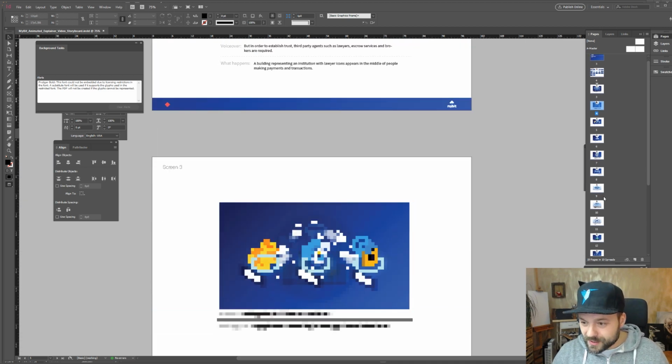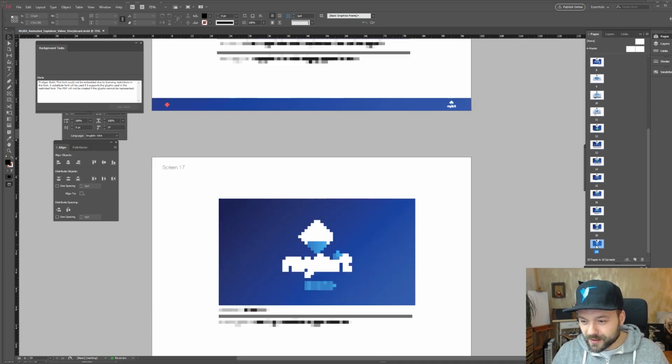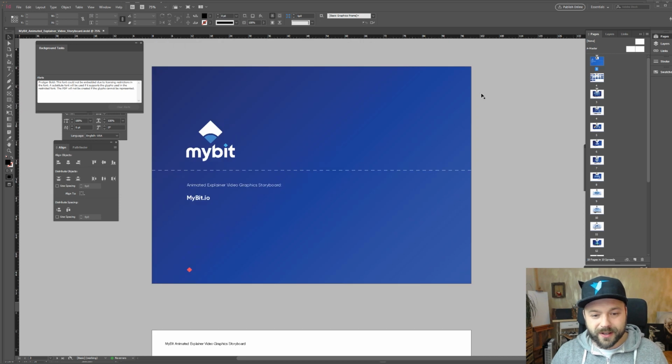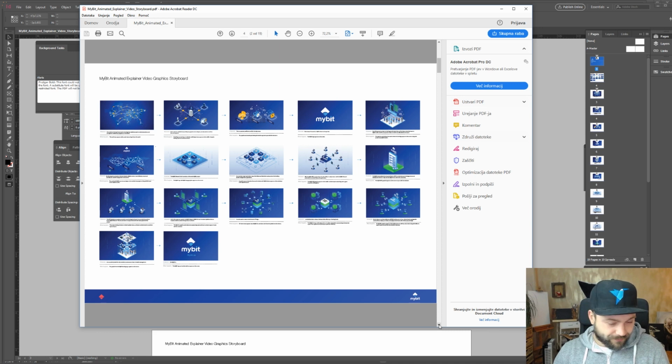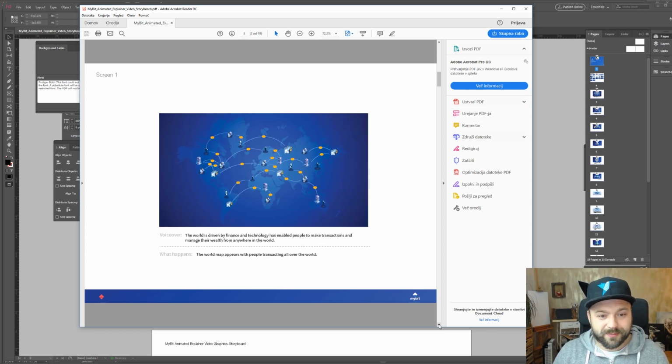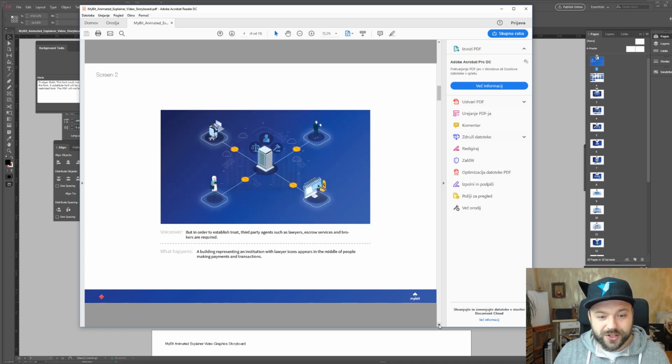So once I have all these slides in place, you can see that we have basically 19 pages, but this is screen 17 because we have 2 more existing before that. And once I export this, I come up with something like this. Now this is the PDF document that I actually send to the client. And you can see that the graphics in here are really crisp. They can basically review each screen,